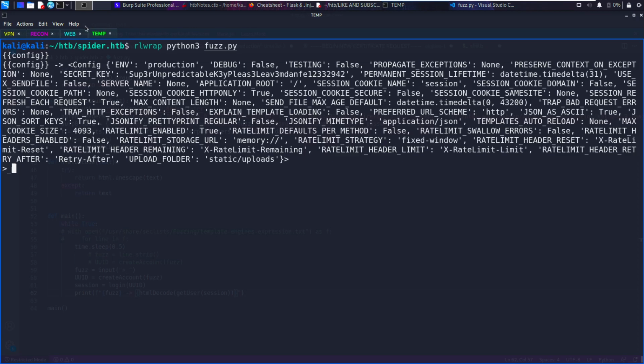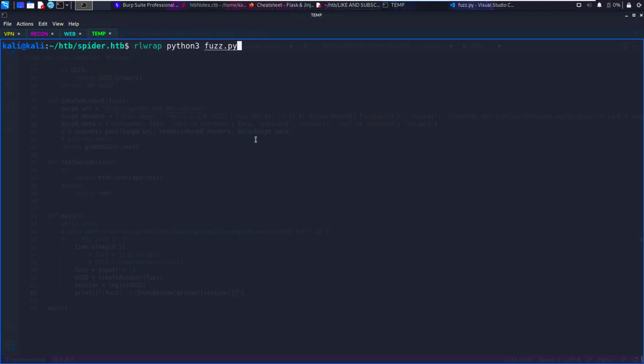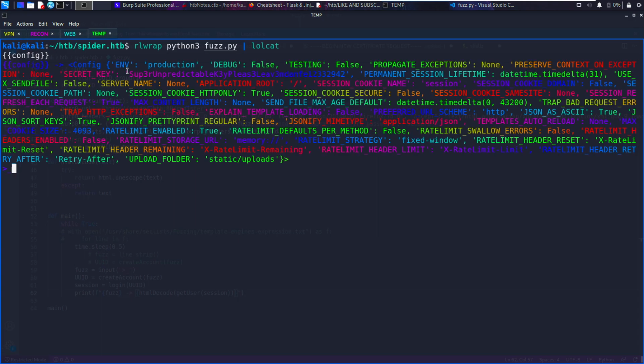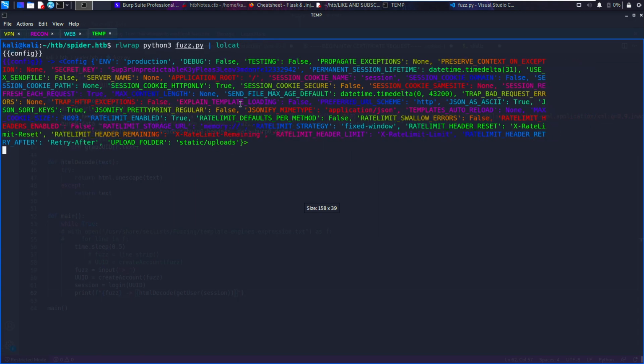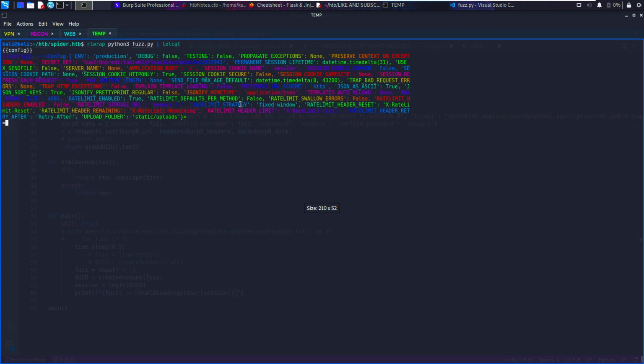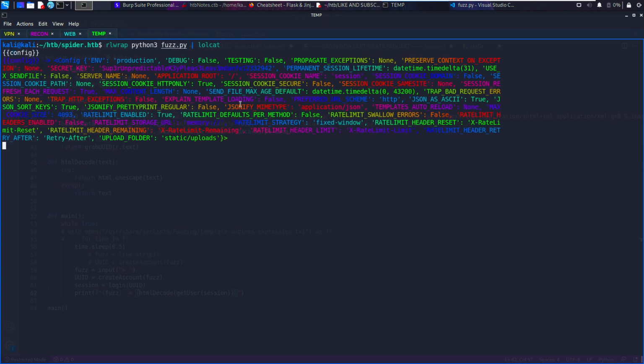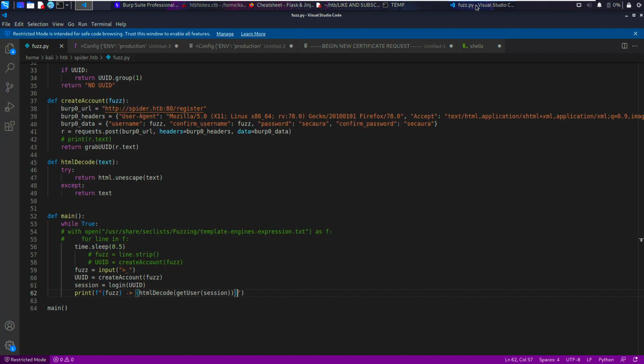And there we go. Now it's done the HTML decode. It still doesn't do the new lines, but that's okay. I'm going to pipe this into lolcat so it looks a little bit nicer. Well, I don't know how nice it looks, I guess that's debatable, but it is what it is. All right, so we can see a bunch of environment variables, namely the one I care about,